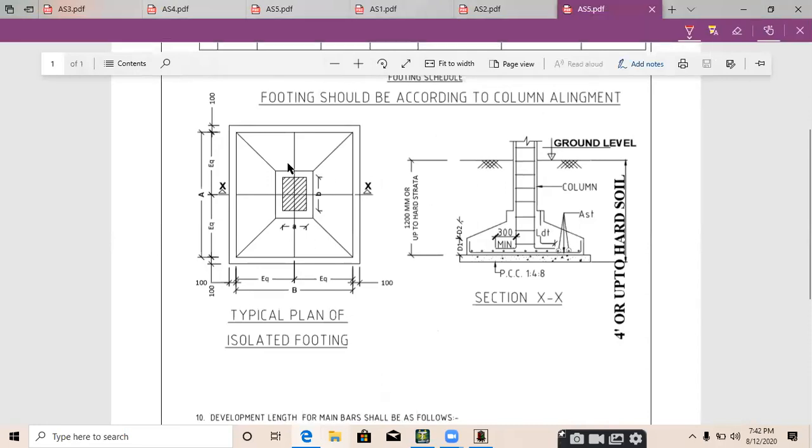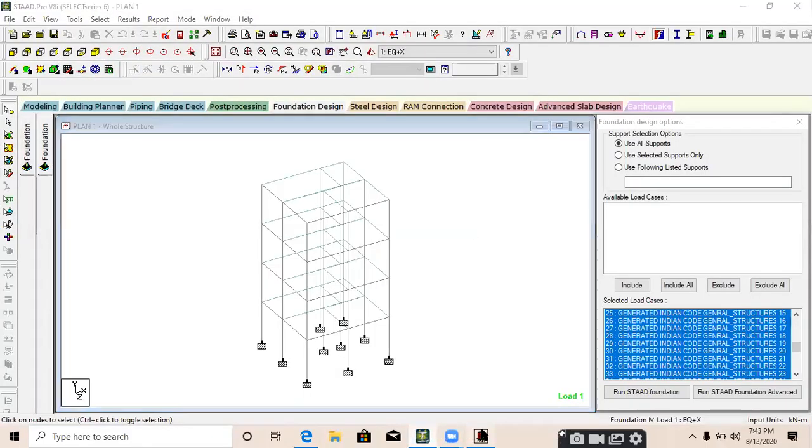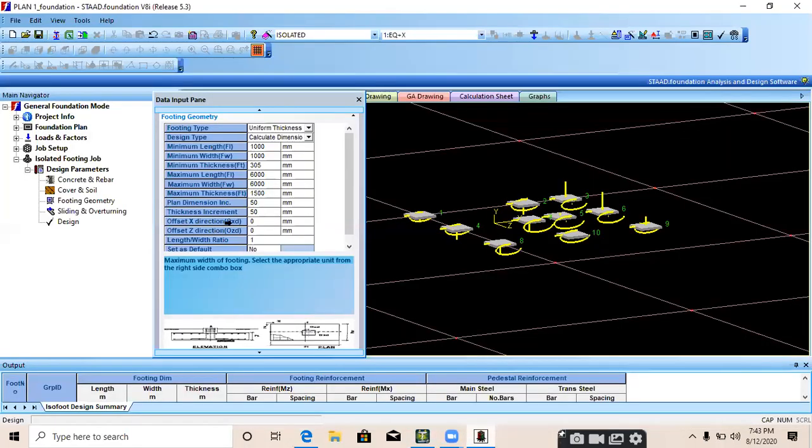If this column is not at the center, we need to provide the distance from the center of the column to the center of the footing, which is the offset. If the column is at that position, then you need to provide this distance. It's in X, it's in Z. Offset in X direction and offset in Z direction.